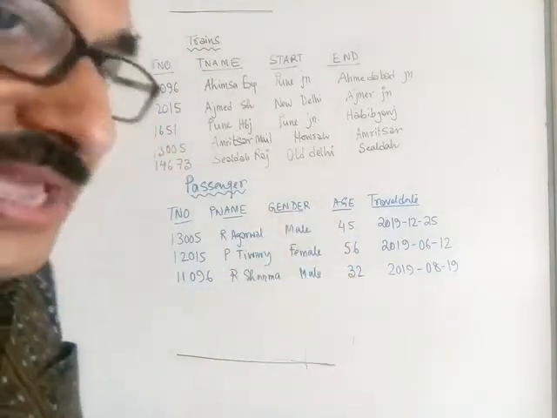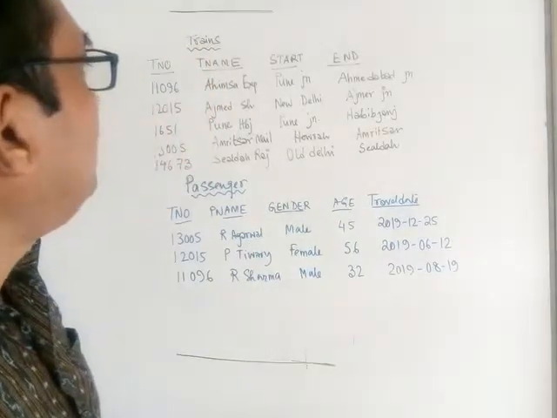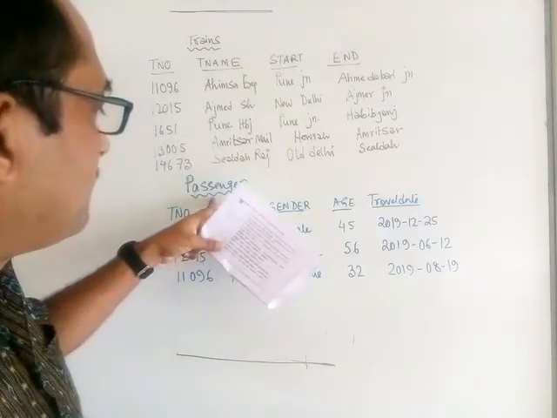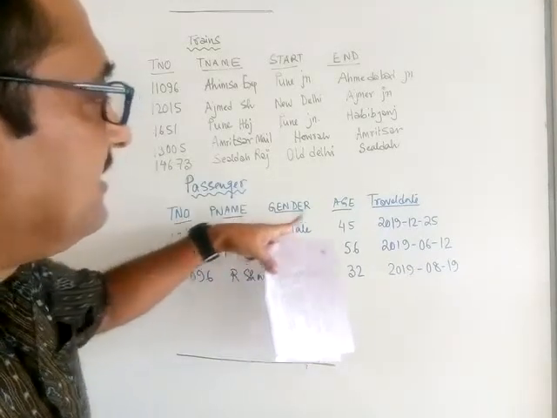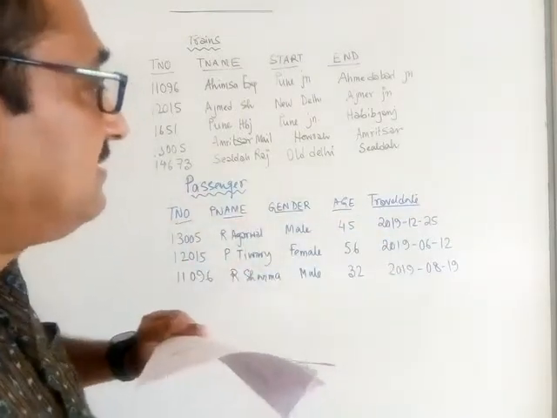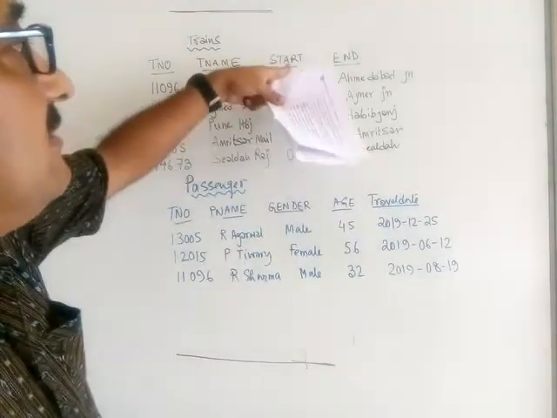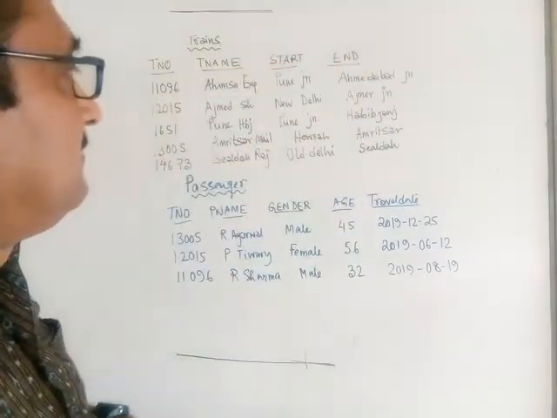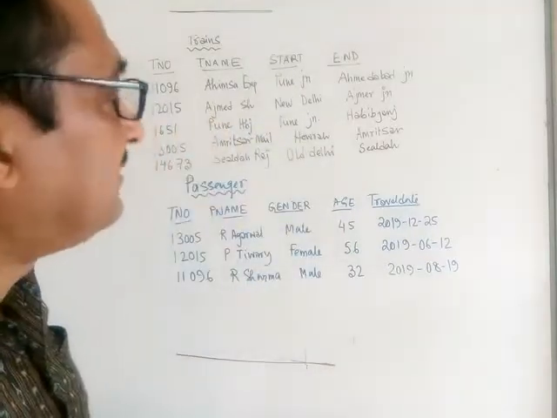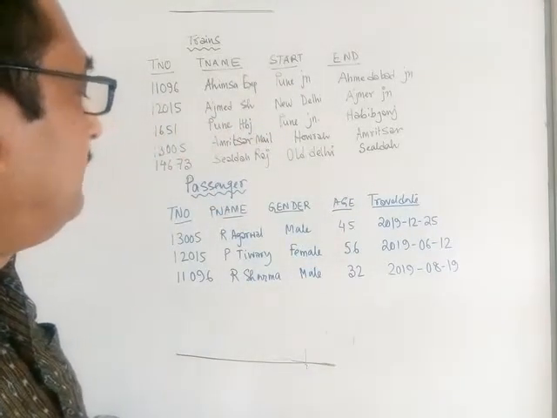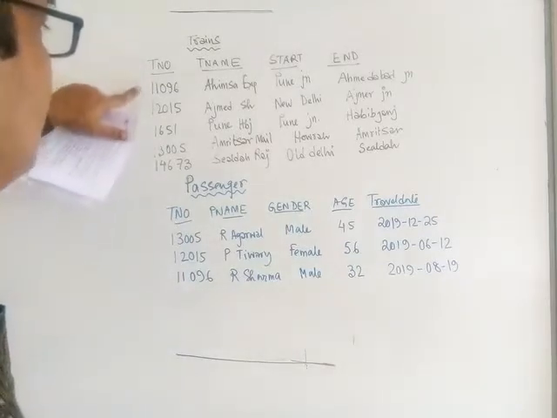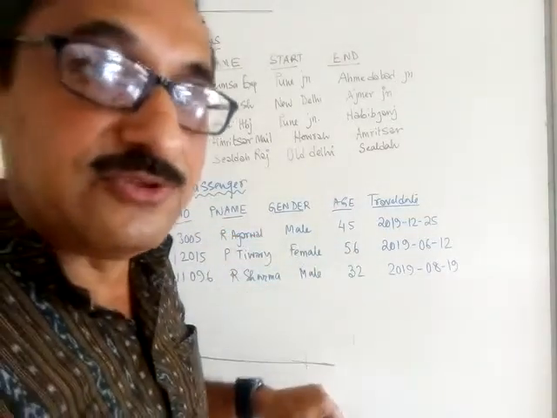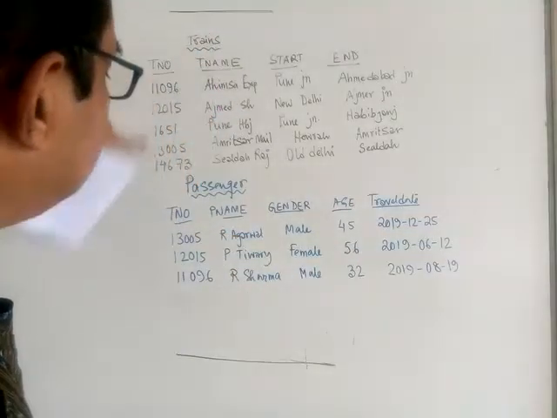Now imagine I am making a question on this table on my own. I told you to display the passenger details. Passenger details means passenger name, gender, age, travel date, everything from the passenger, along with their start and end, that is start point and destination point. That means I want to fetch the values from two different tables. Then what do I do? Obviously you can see here the number of trains, and all the trains are not there. Passengers boarded only a particular few trains. That means my connecting point is TNO.